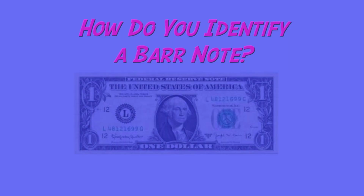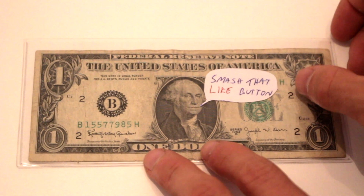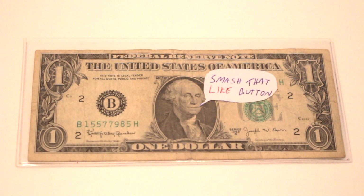So, now that you know what a Barr note is, why don't we take a closer look at this one and see what the identifying features are so you know how to spot one when you see one in the wild. Alright, so let's take a look at the identifying features of the Barr note. Well, the first thing we notice when we flip it onto the front side is that on all Barr notes,